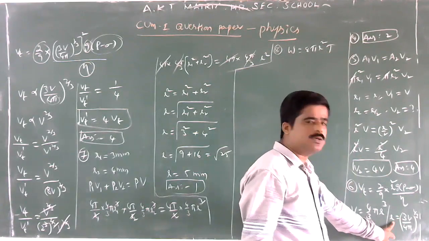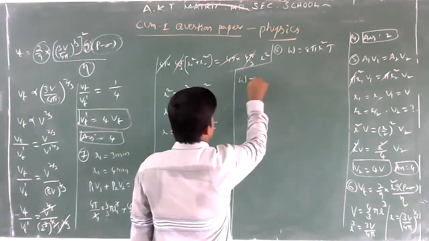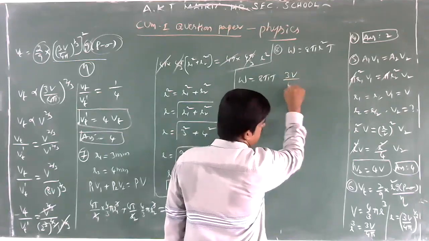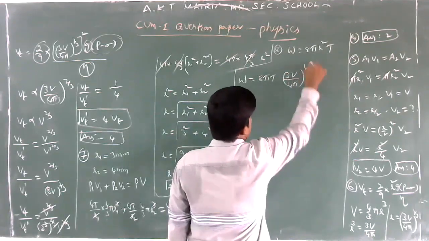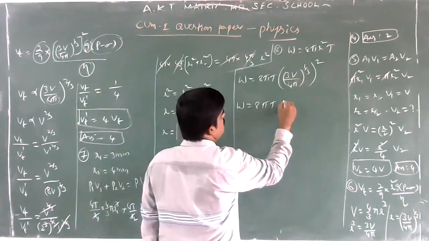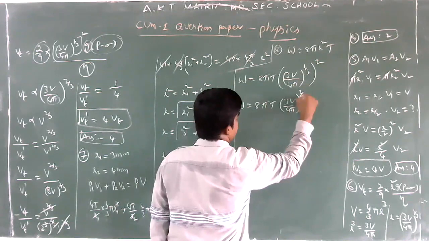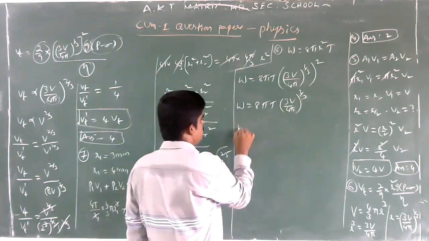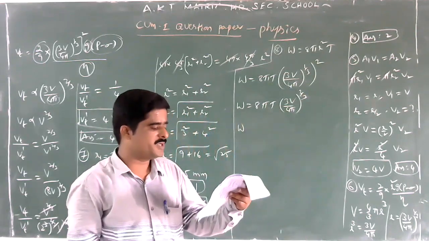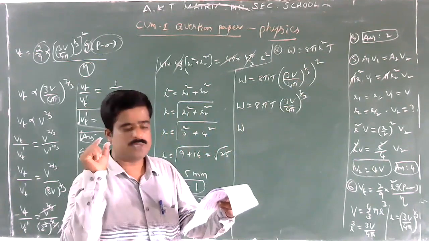So the radius R is equal to, 3V by 4 pi to the power of 1 by 3. Now work done W is equal to 8 pi T into R square, R is equal to 3V by 4 pi to the power of 1 by 3, squared. Then W is equal to 8 pi T into 3V by 4 pi to the power of 2 by 3. First case, work required to form a spherical bubble of volume V, how much work is done? W.